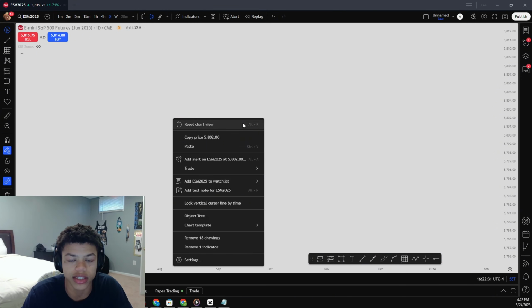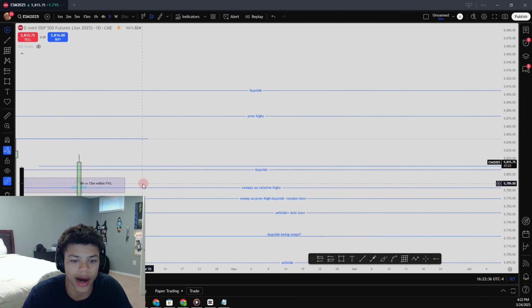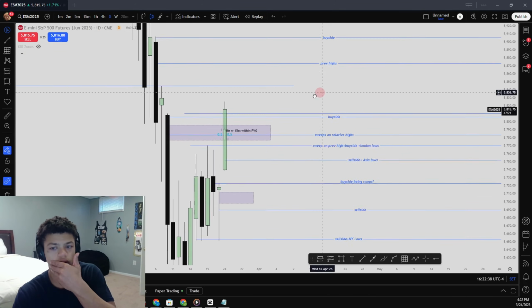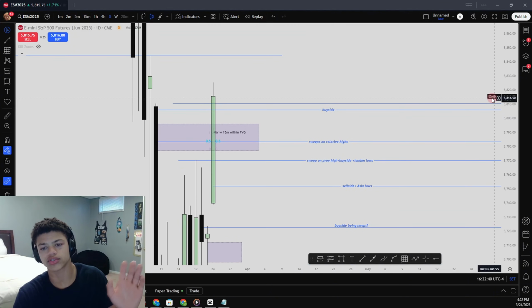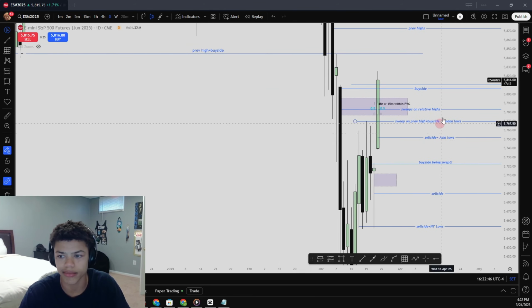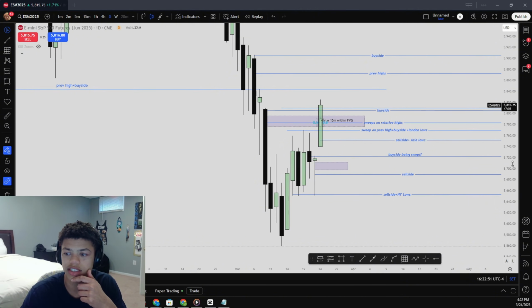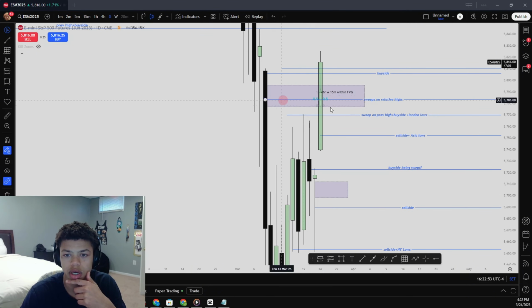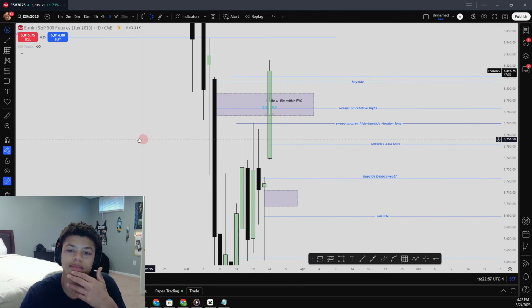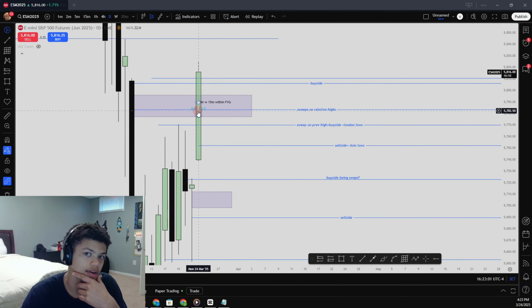But let's start on the daily time frame, because what do we have to find? Our bias, correct. So don't mind all these levels right here. You can ignore those, to be honest. I'm not gonna hide them, but let's get into it. Right here, if you see this rectangular shape, we have a 4-hour fair value gap. So we were coming up to this 4-hour fair value gap.